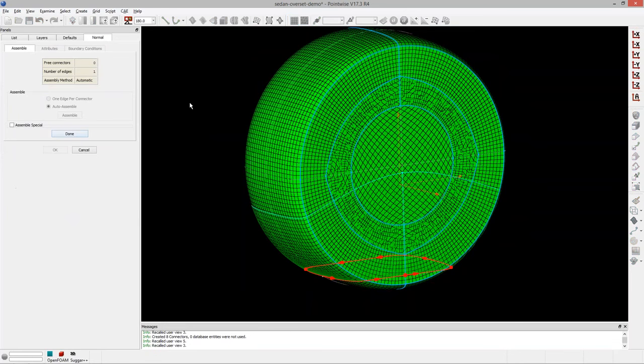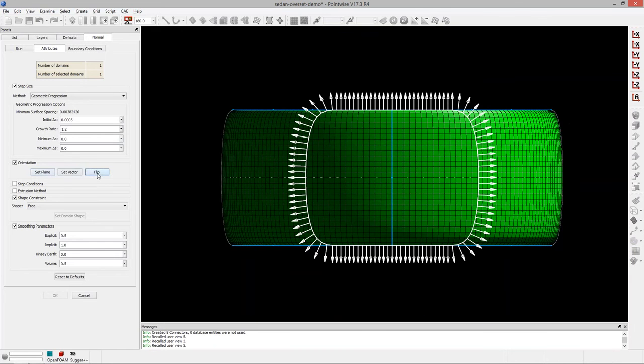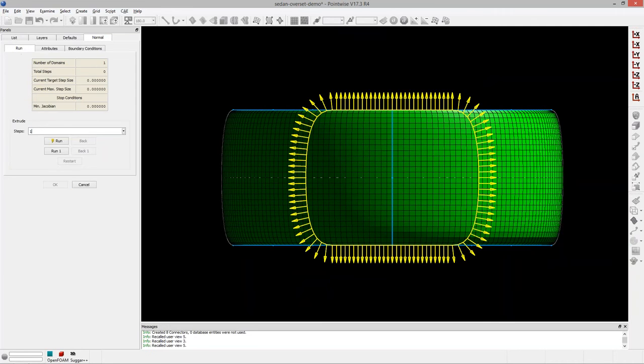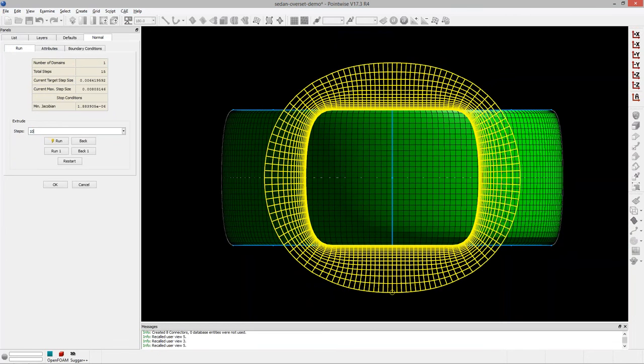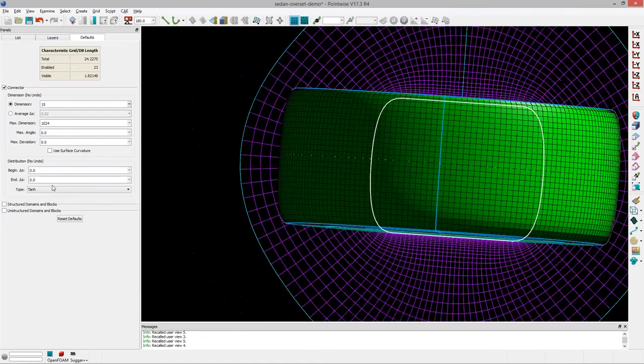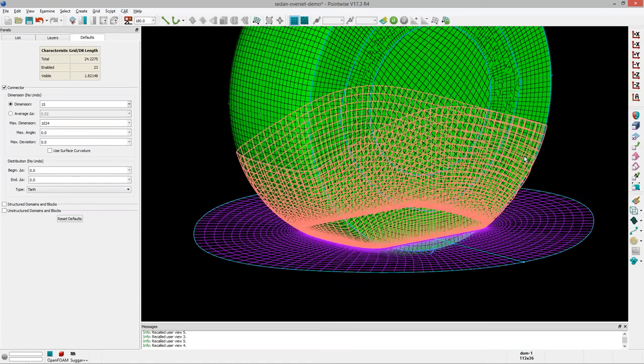And I'm going to do another surface constrained extrusion. This time it's going to be constrained to the tunnel floor, the ground plane. So I'll go ahead and set up my initial spacing, my growth rate, and reorient and set my extrusion direction, turn down my volume smoothing again, and run this for 15 steps. And then I'll come back and do the same thing I did before. I'm going to turn down my growth rate to equalize the area of those elements and run that for 10 more steps. And you can see the result of that operation. So I ended up with 2 surface constrained extrusions.